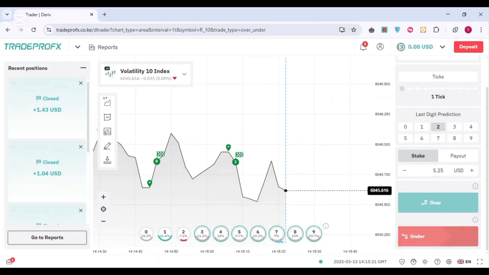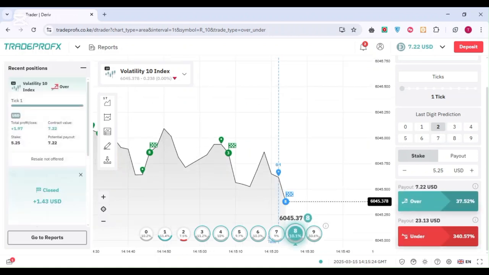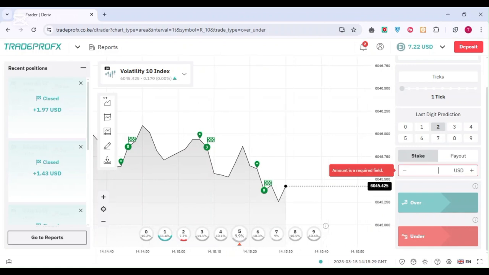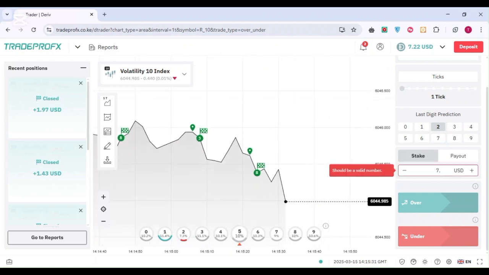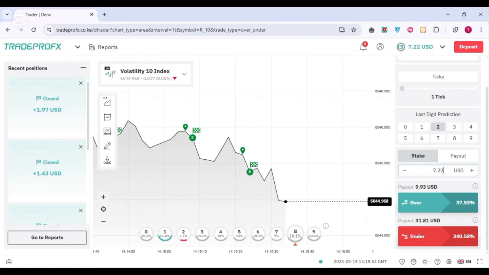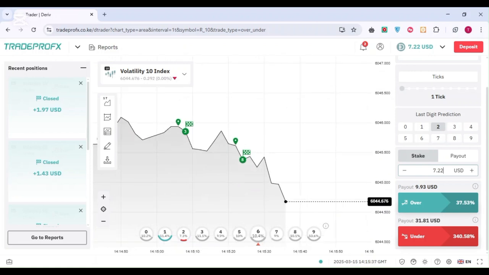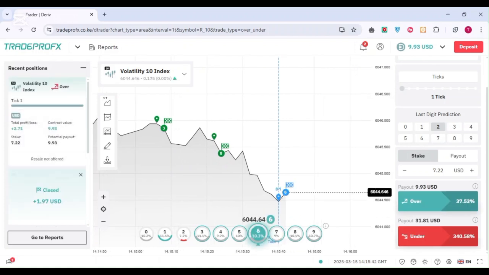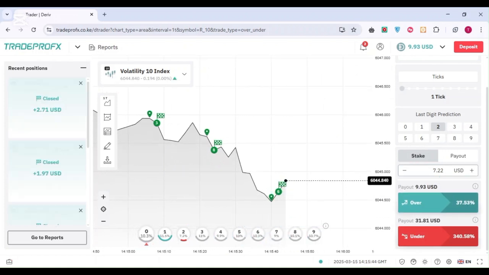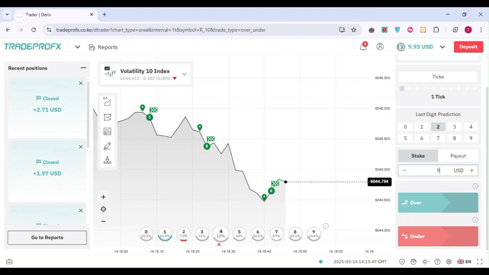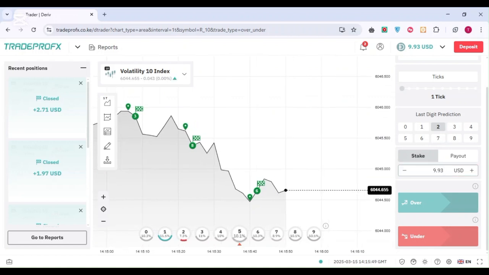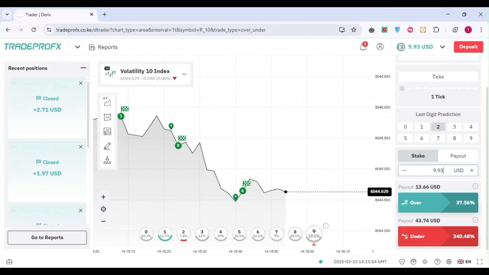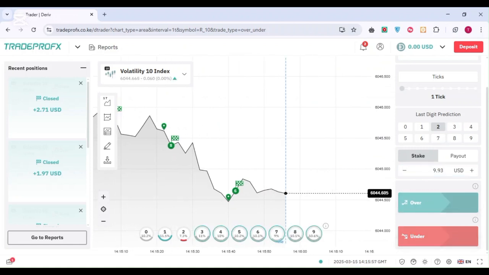So basically, to go direct, we are predicting the over market, and the certain number that we are predicting, as you can see on screen, I chose digit over 2. So I am winning if the last digit is 3, 4, 5, 6, 7, 8 and 9, and that's what is appearing on screen anytime I win. If it appears above digit 2, I win. If anytime I lose and the digit appears as 0, 1 or 2, I will definitely lose that trade,